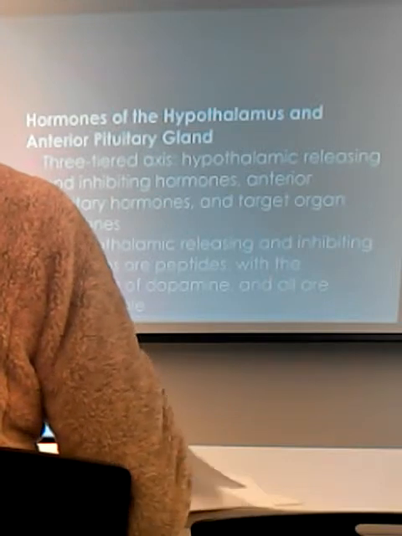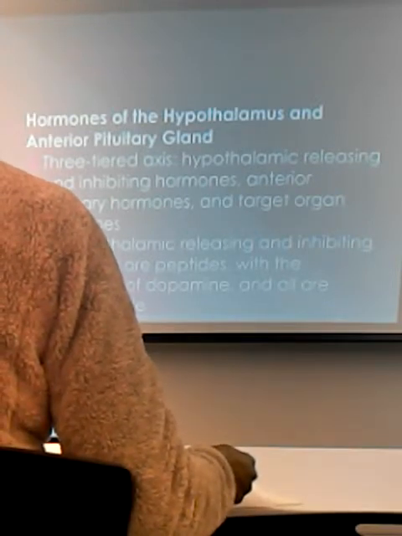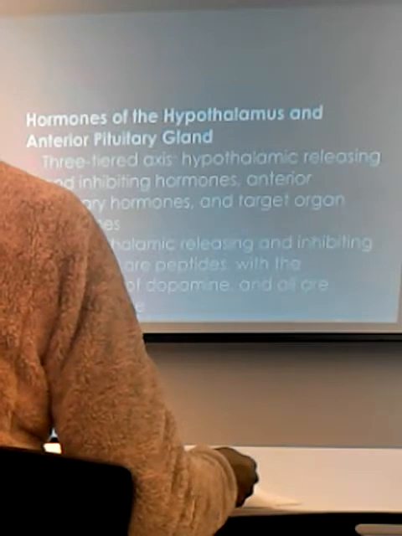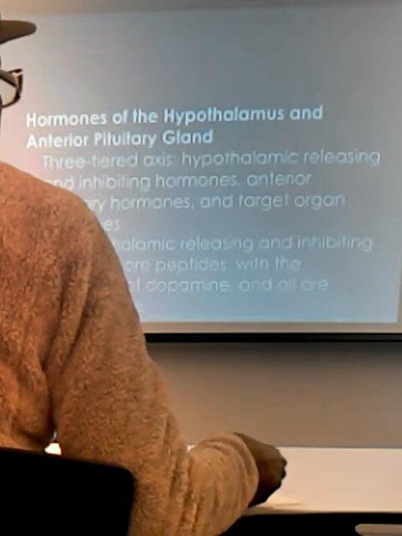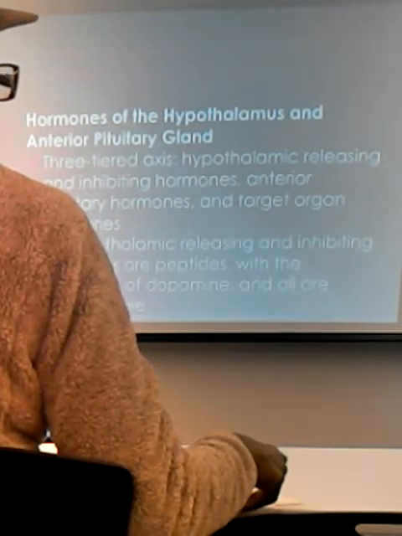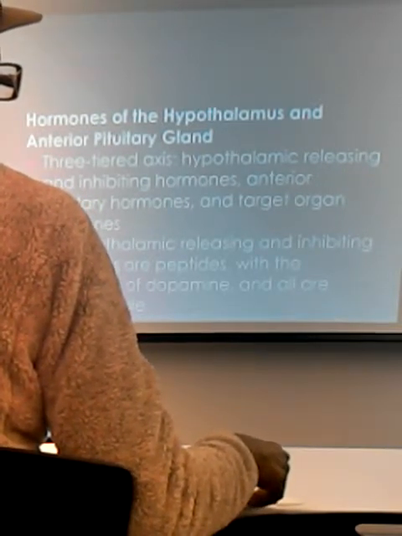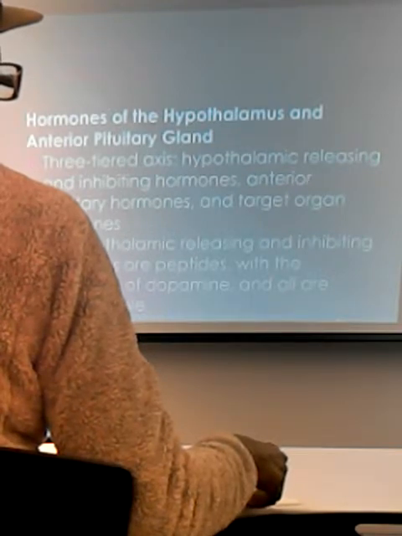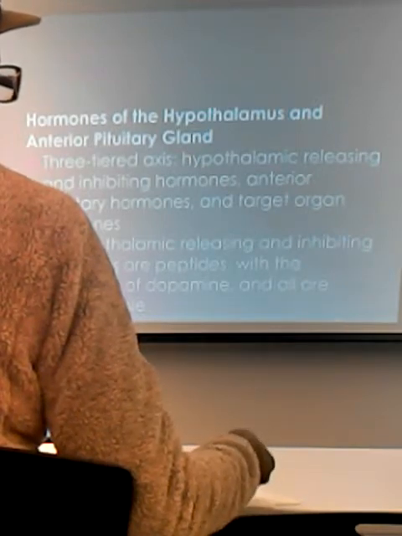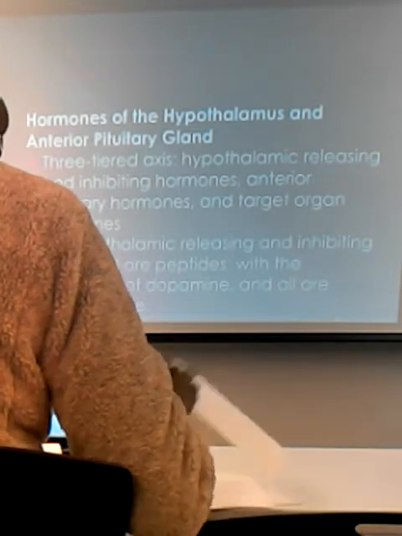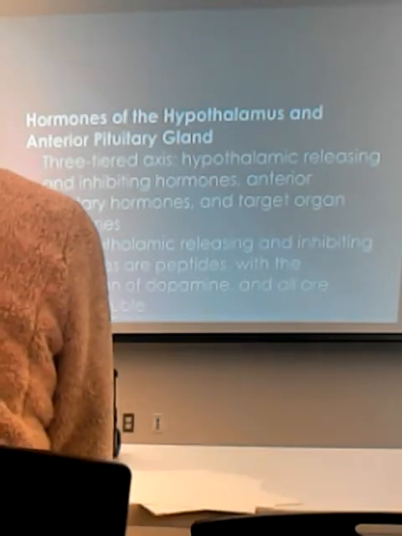When we talk about there being a primary hormonal problem, that's at the target organ. When we talk about there being a secondary hormonal problem, that's usually at the level of the pituitary. There are exceptions. They could also meet up with the hypothalamus. I'll tell you the exceptions. And then when we say there's a tertiary problem, it's up at the hypothalamus. Does that make sense to everybody? That's why you have to know the axis, okay?